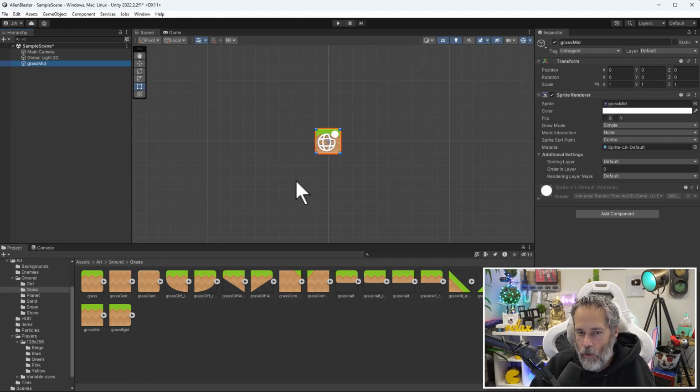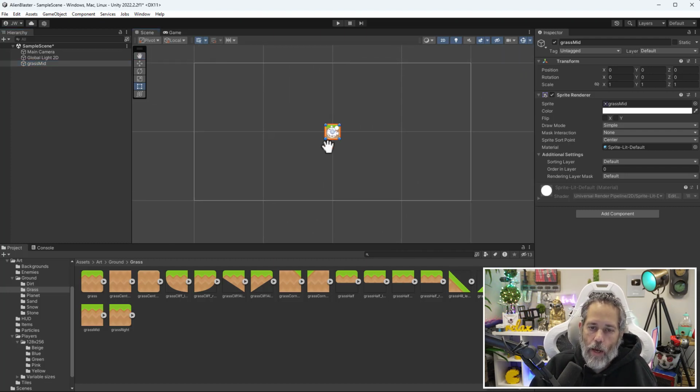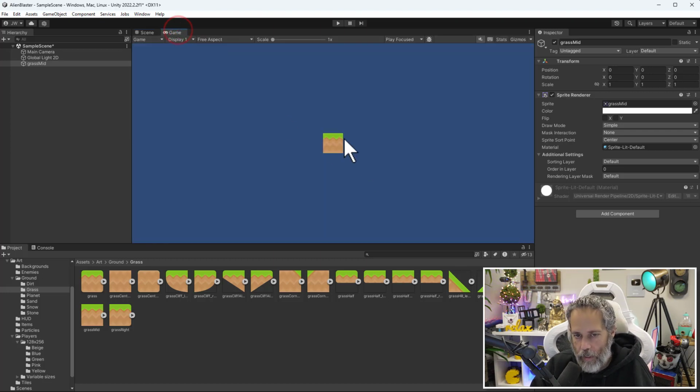I can use the mouse wheel to zoom in and out, and remember that middle mouse button to pan around. Now, I don't like the position of that. If I go to my game view, you'll see that it's got grass right here in the center of our world. I want that to be down kind of near the bottom of our world. So let's make a change to do that. But if we do it right here and I just grab, for instance, this Y position, click and drag and pull it down, it will move it down. I could get it into a pretty good place, but it's going to be inconsistent